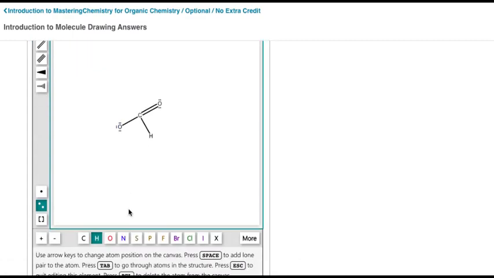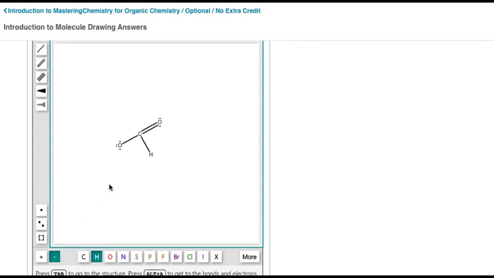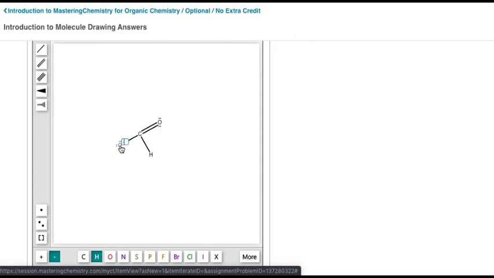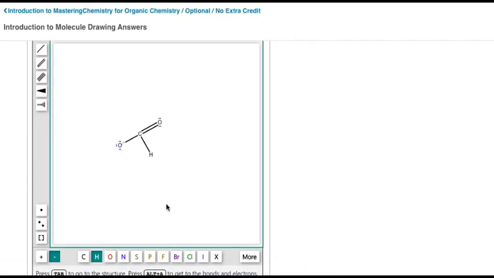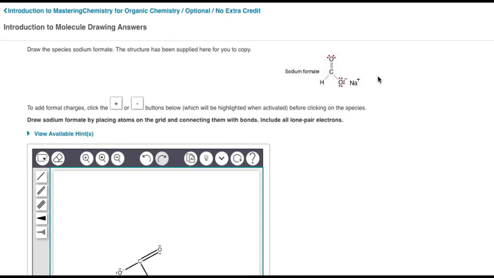It also wants to see a negative charge. There's a negative charge there. And I mouse over, it highlights the atom, and I just click on it. And again, it doesn't have to look great. The computer will recognize what you're trying to get at. And then the last thing is a sodium cation here, right there,